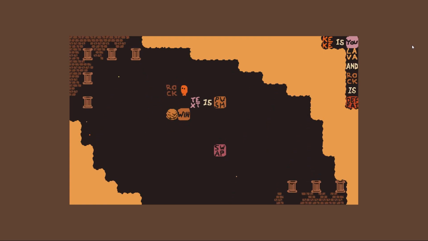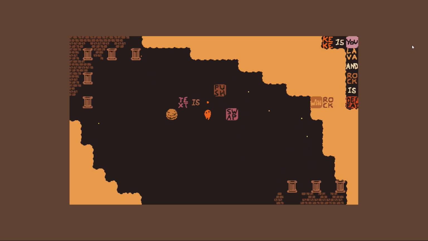That's the worst level I've ever done so far. And to think that there are like secret levels and crap in this game that I haven't even uncovered yet, that's gonna be fun. All right. Text is win might be the answer, but I can't stand on the text, so I mean, you know, no, by default text is always push. So unless I make,